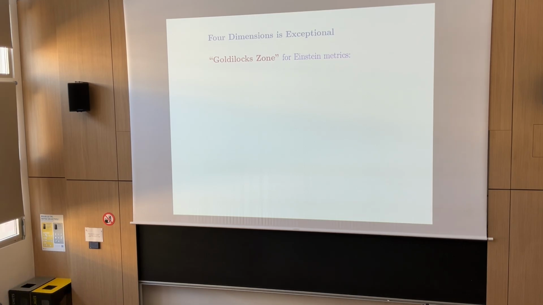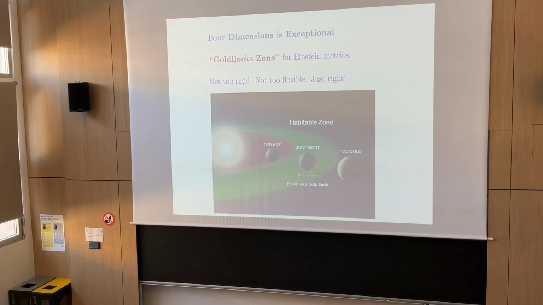And so in the English-speaking world, there's this term, the Goldilocks zone, because in each case, Goldilocks tries out, for example, the chairs. This one is too hard. This one is too soft. This one is just right. Tries out the soup. This one is too hot. This one is too cold. This one is just right. So here the point is that in dimension 4, the Einstein condition is not too rigid, it's not too flexible,